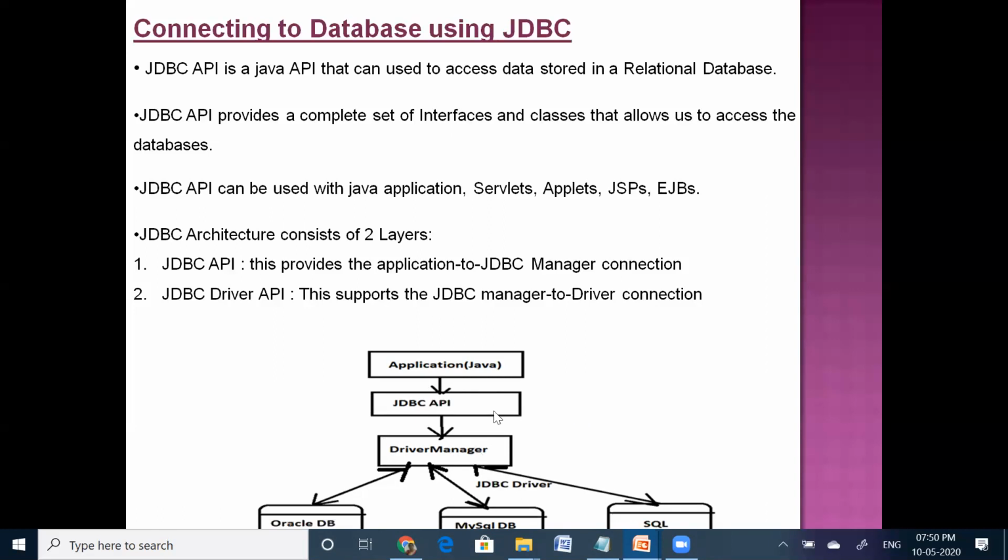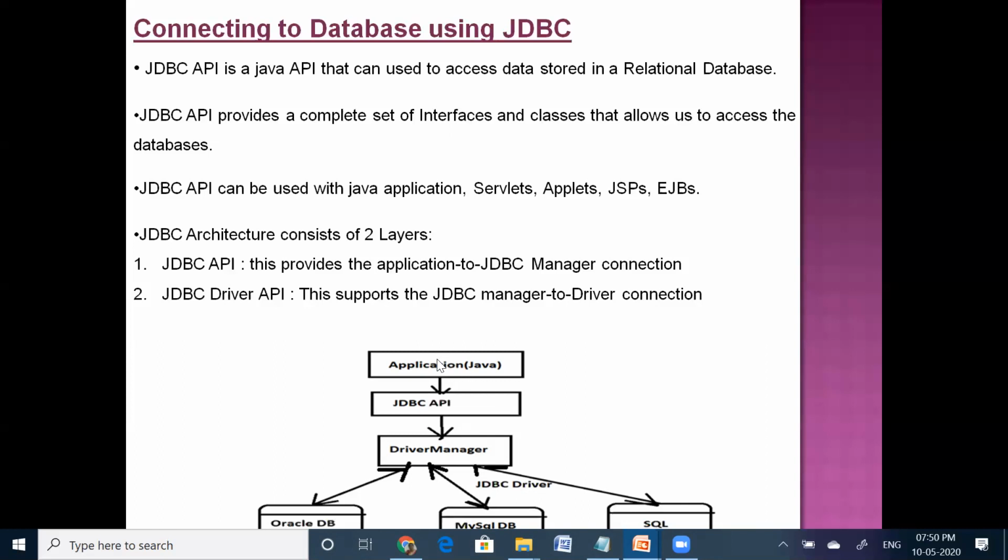This JDBC API provides the application the methods, classes and interfaces to connect your application to the driver manager. This driver manager API allows us to connect to any kind of database server.